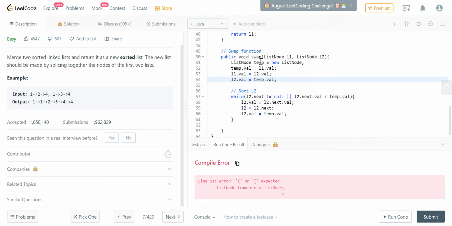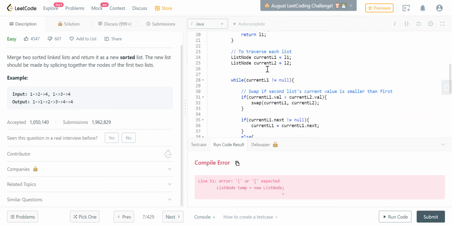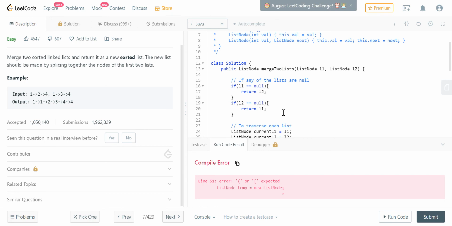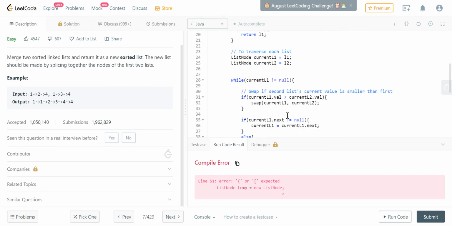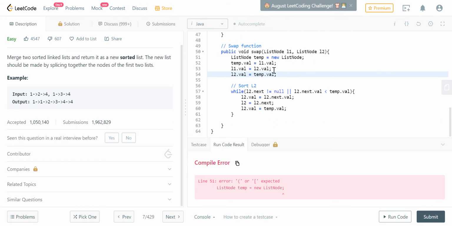Yeah, temp needs to be a new node because it needs to hold the value while we make changes to L1 and L2. Temp needs to be new, but current doesn't need to be new because we're just traversing. L1 has the head reference. Current is the one being traversed and changed around to make permanent changes to the linked list, but temp needs to hold the value temporarily, so it needs to be a new list node. Okay, and then now the error is,